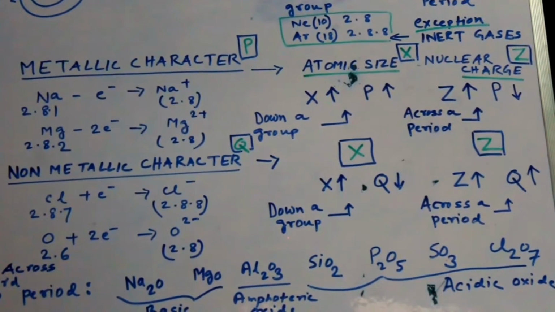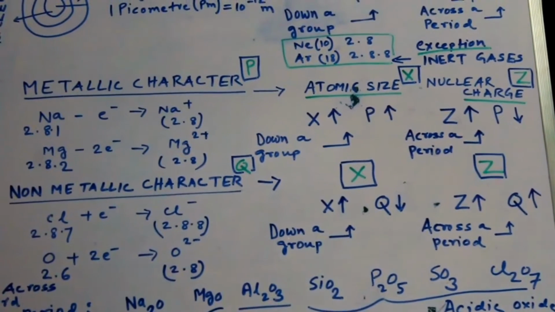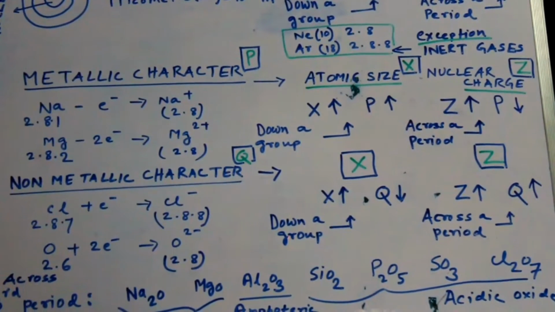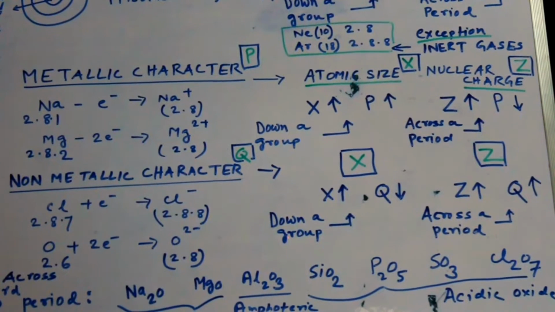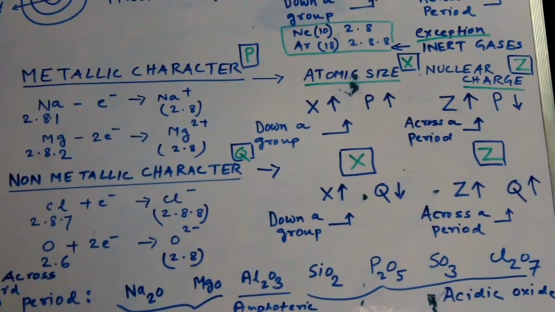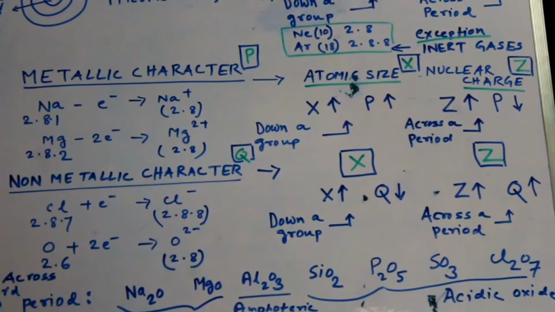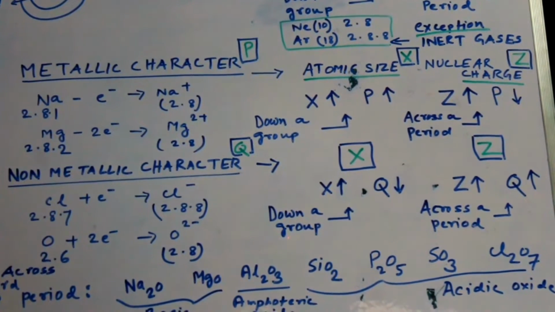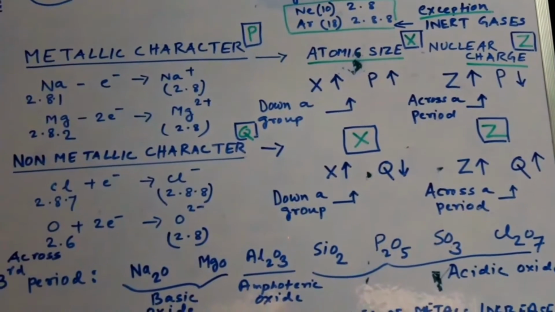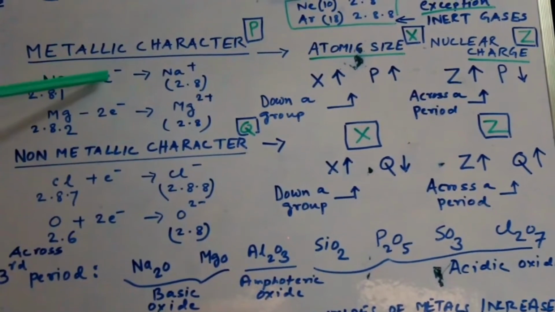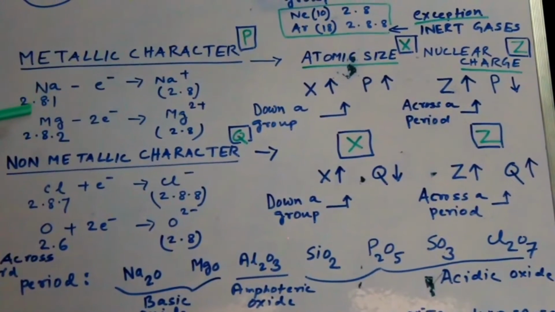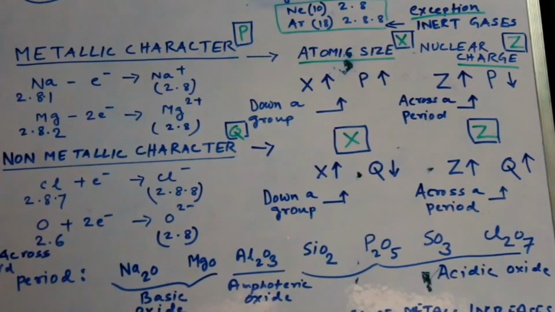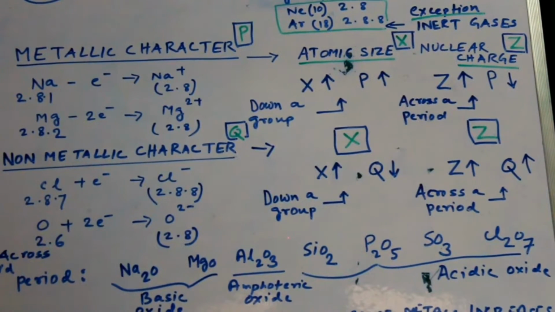Now what is basically metallic character? Now I have two examples, for example, sodium and magnesium, these are two metals. Some elements have a tendency to lose their valence electrons, meaning the electrons in the outermost shell, to form a positive ion. For example, Na loses 1 electron to form Na+. Mg loses 2 electrons to form Mg2+, and they are considered as metals.